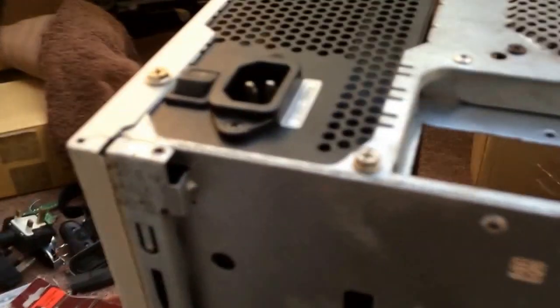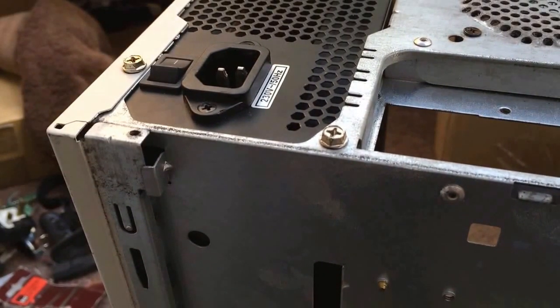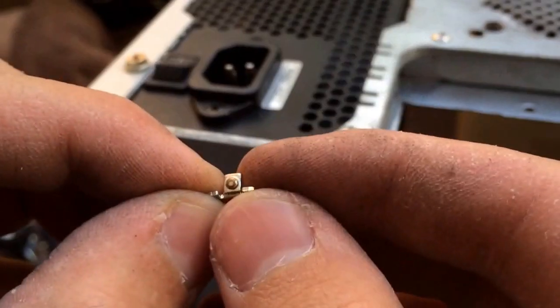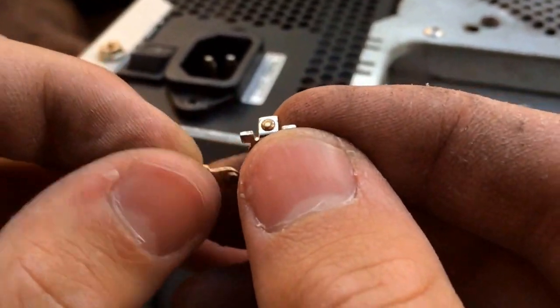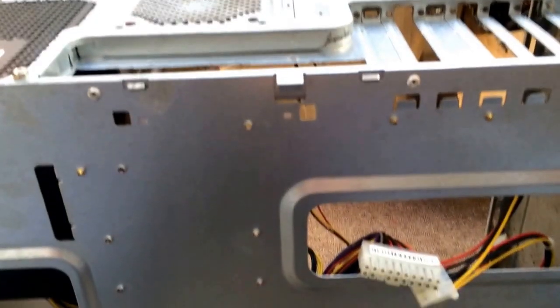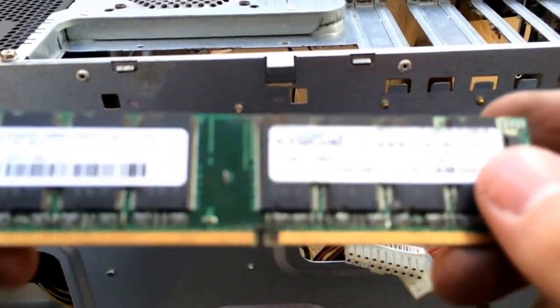I'll just point out, in that switch there, the on-off switch, you've got things that look like these. If you take the switch apart, you've got things that look like these, and those little lamps there are silver contacts, so that's just silver. Only a little bit, but still something. Then the rest of this is steel, so you just take it to the scrapyard and get hardly nothing for it. But it's good to scrap computers because of the gold, like the RAM